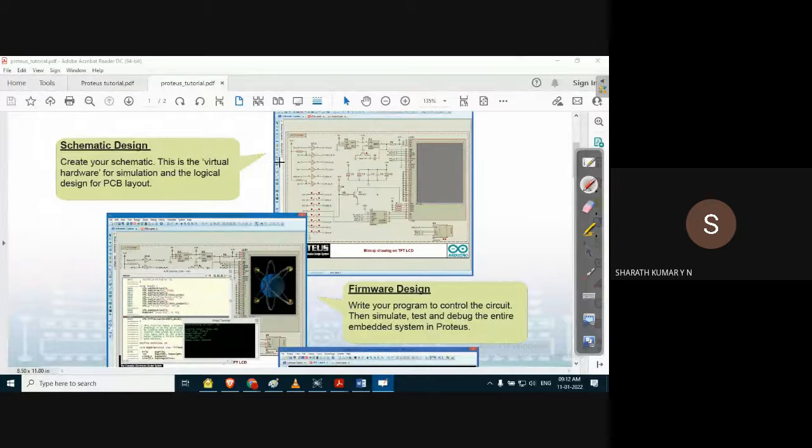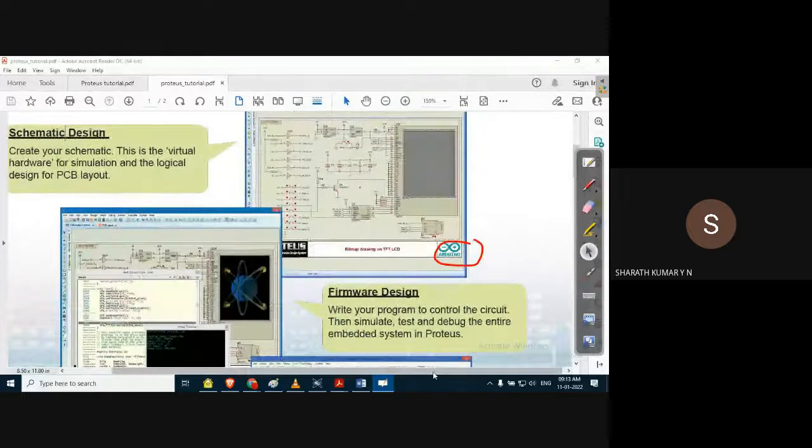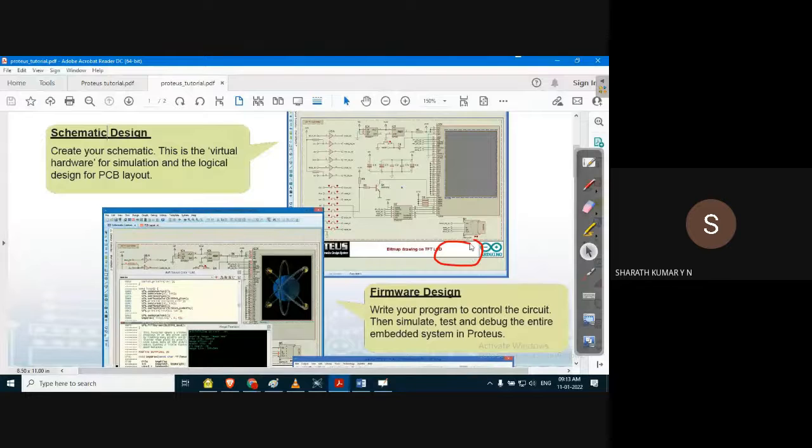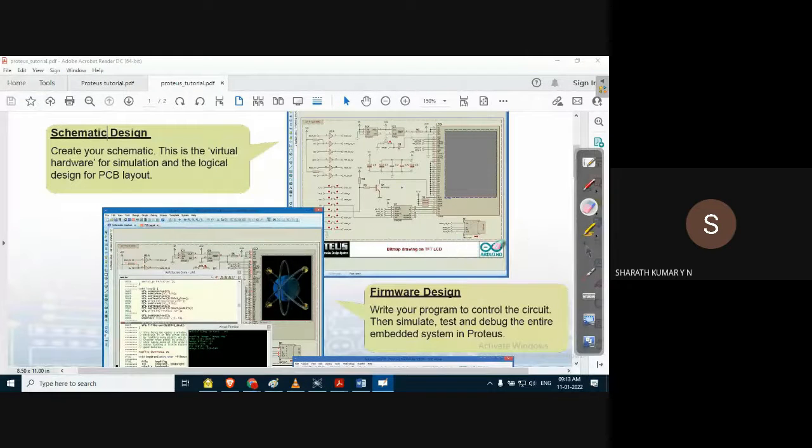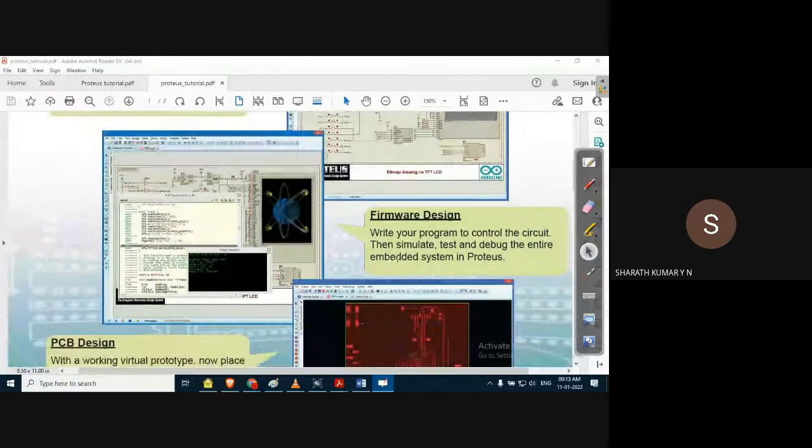So this is the schematic, where various components are interfaced and simulated to check the functionality. You can see that there is Arduino here. We can use the Proteus software for Arduino simulation of the Arduino environment also. Arduino is a platform. I think most of you are aware of Arduino boards, Raspberry Pi, and let us say Aryabhatta boards. All these are basically platforms on which we can design an embedded hardware. We can implement an embedded application.